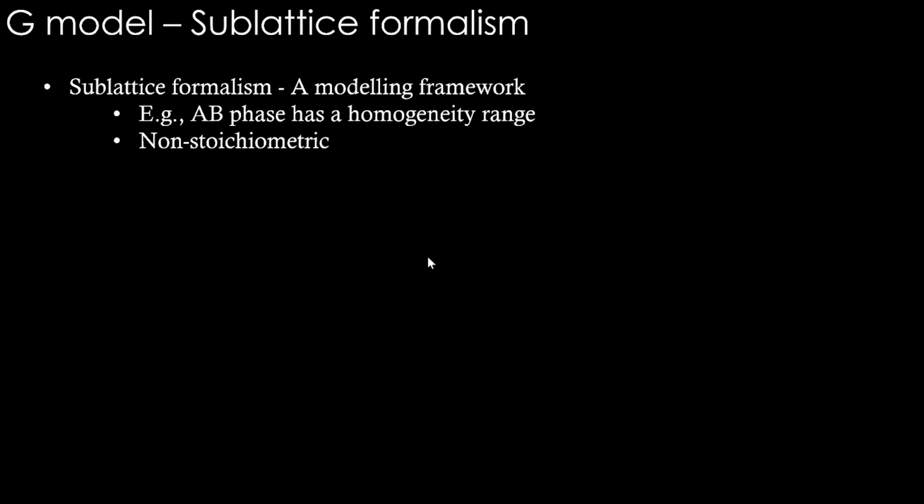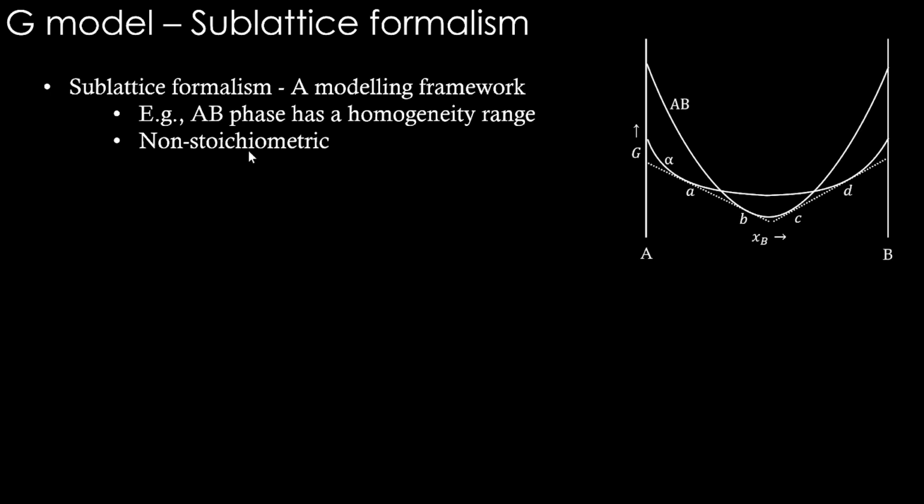To understand the other terms, let's take the example of a non-stoichiometric compound like AB. Non-stoichiometric in the sense that it has a homogeneity range, right? So G versus X curve can look like this for that kind of a phase. This is a non-stoichiometric phase, meaning it's not a line compound, it is stable over a range. This is at a particular temperature where you see the Gibbs energy curve of another phase alpha and the compound of our interest, AB, non-stoichiometric phase. So these two have G-x curves like this at some temperature,